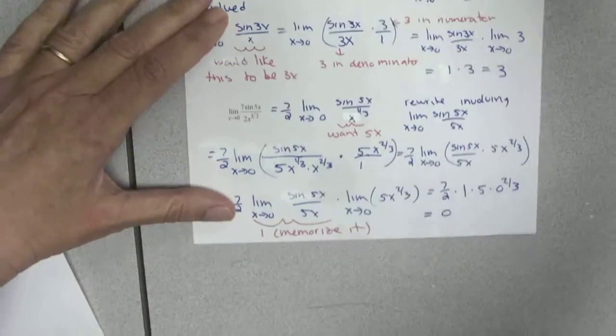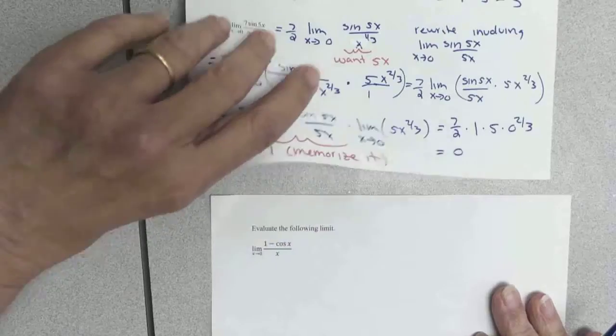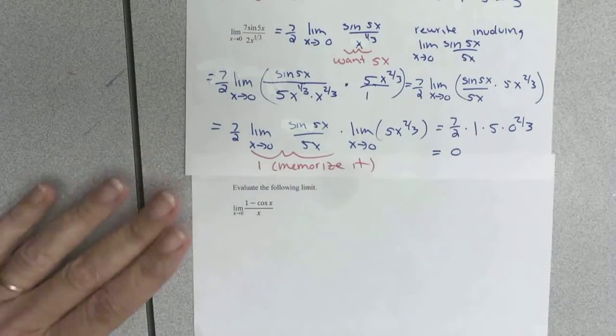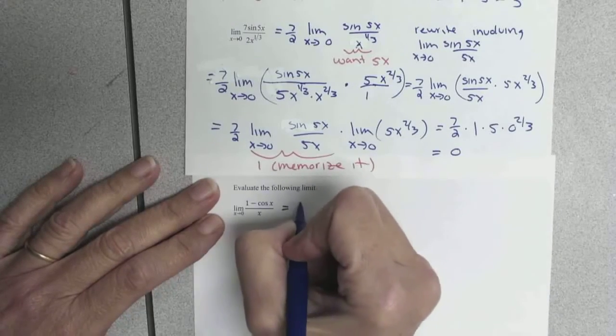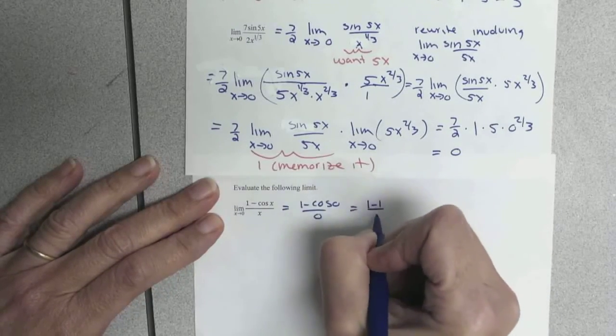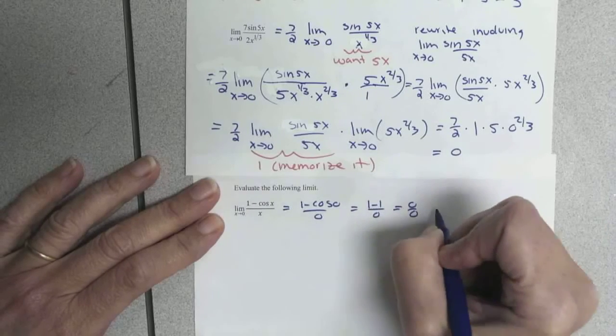Okay, last trig examples. Evaluate the following limit. So always substitution first. And so that's going to be 1 minus 1 over 0, 0 over 0,